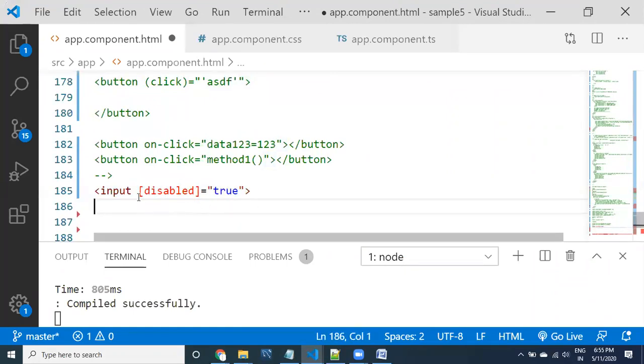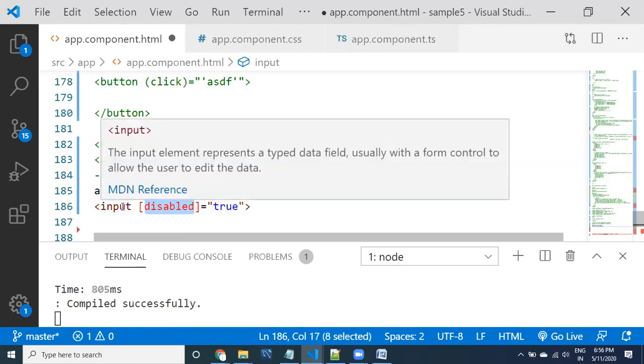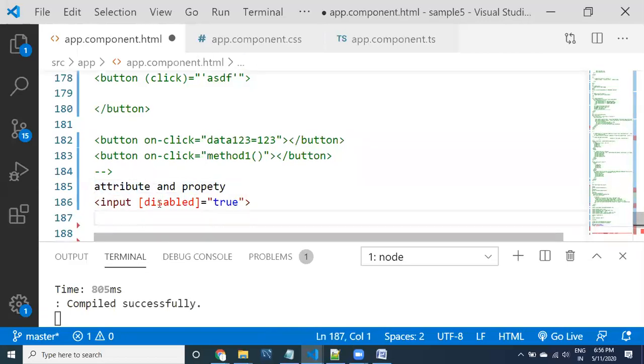Now here you are using Angular, right? Now we have discussed attribute and property, guys. If I use disabled, disabled is an attribute inside the input element.